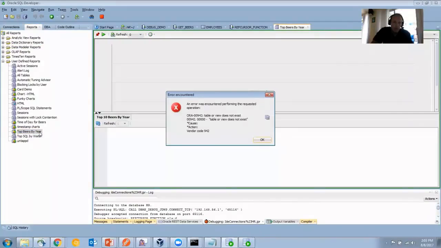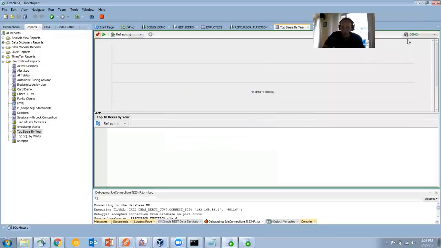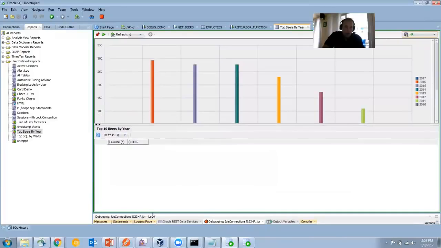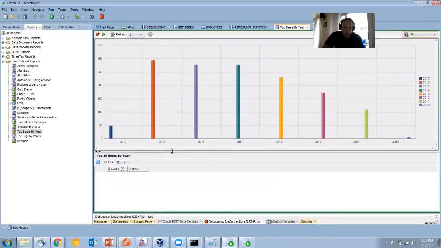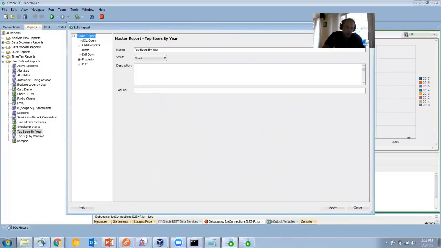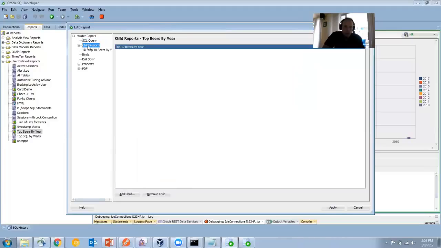And these reports can be grid-based, they can be HTML, they can be all kinds of cool stuff. So I tried to run that report on a database where the data wasn't there. So here we go. So here's a parent-child report. And what I mean by that is, as I click on data up here, the bottom report will refresh with data from that range of time. And to define a report, you give it at least one query, and you can have as many child reports as you want,